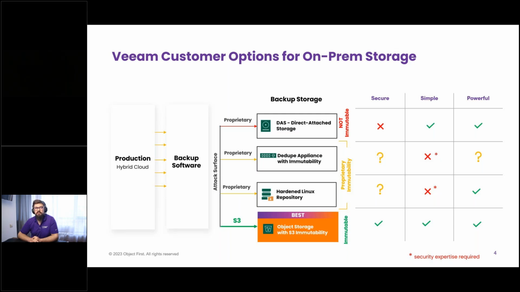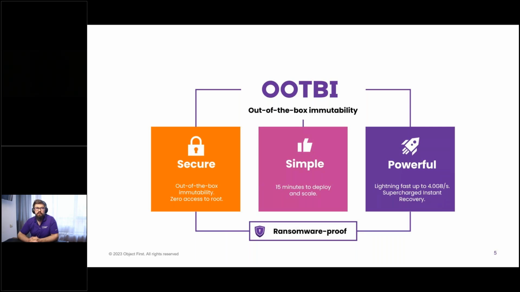So we stand for some advanced integrations with Veeam Backup and Replication. I mean, smart entities and SOS API, which makes your experience really close to hardened Linux repositories in terms of performance. However, it's an object storage with all its advantages. So we speak about 1 gigabyte per second of the speeds for backups and a bit less for recoveries.